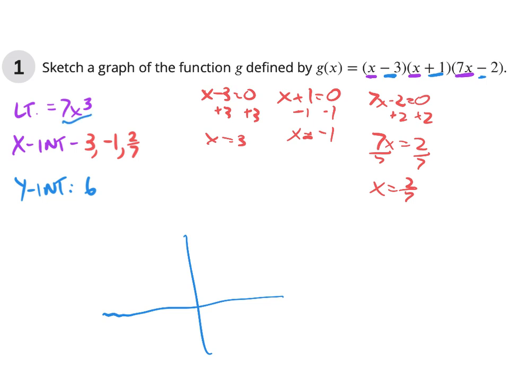The leading term of any polynomial will always tell you what the shape of the graph is going to be. It's positive because there's no sign. So positive starts low and ends high. So let's put our factors on. We have -1, and 1 would be over here. 2/7